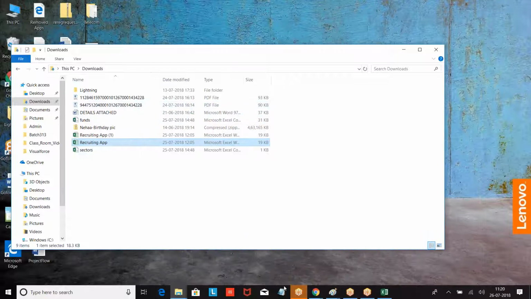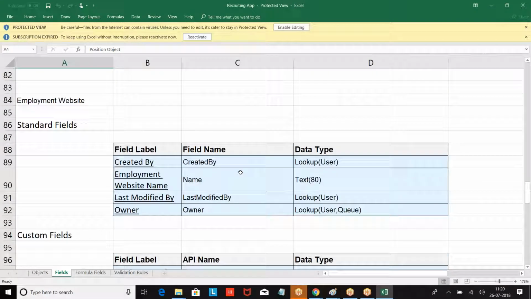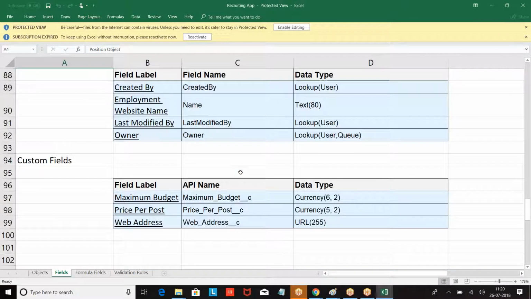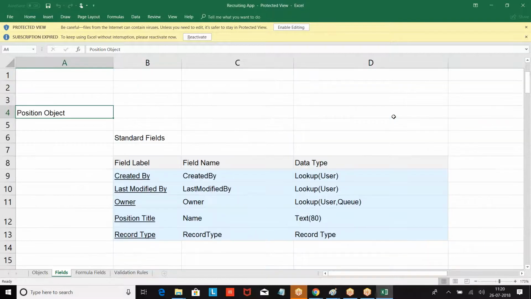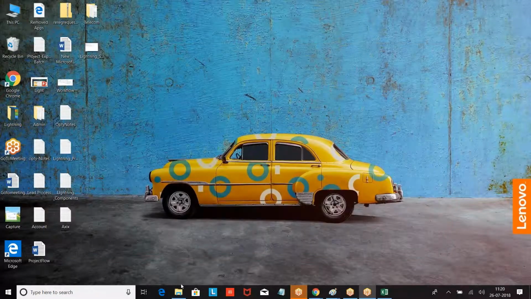Now if I want to implement this, there are a group of objects, a group of fields. If I go with a standard navigation, it will take a lot of time for me. So I will not go with a standard navigation. I will prefer to go with a schema builder. So what I'm doing, go to the